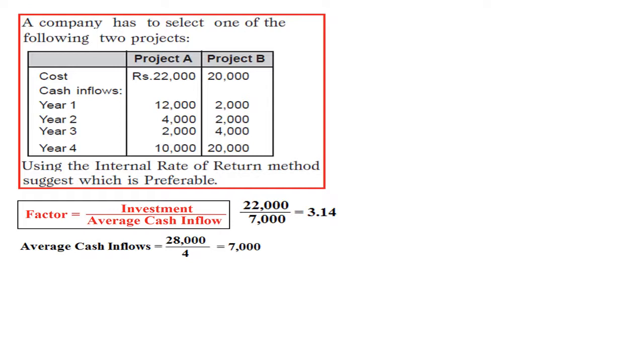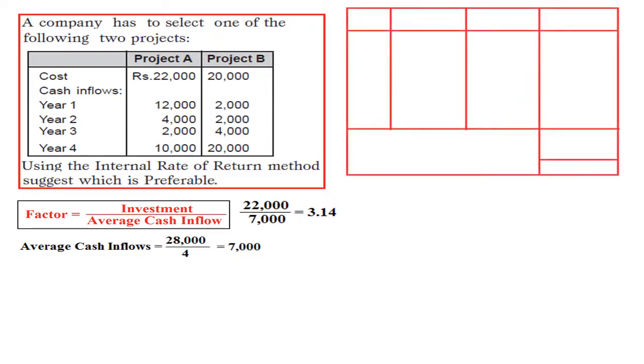But most important, what we require are two NPVs for calculation of IRR. Bear in mind, one should be positive, another one should be negative. That's all. If these two NPVs you have calculated, then you can calculate IRR. But the most important problem that arises here is, at which percentage we get positive, at which percent we get negative, we don't know, right? So randomly you select any percentage. So now I am doing the NPV calculation.